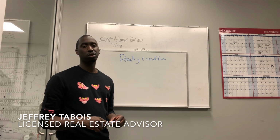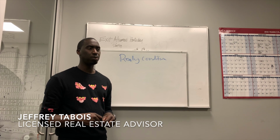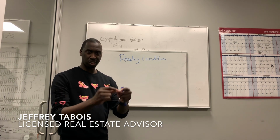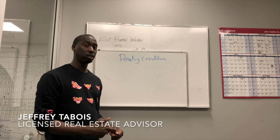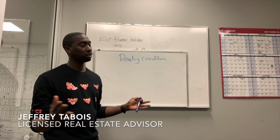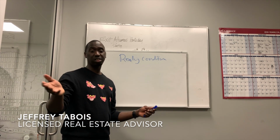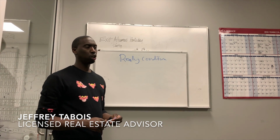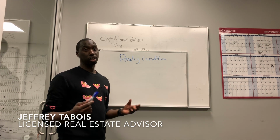Why? Because a lot of landlords don't take big dogs. A lot of landlords like to keep the minimum to 25 pounds. Some of them require you to have the photograph ID. Some of them want to see your dog before you sign the lease. It's a lot, right? And then there's some buildings that are like, 50, 60-pound dog? Who cares? Go. Now, so she had a 60-pound dog at the time, and we told her, look, you have